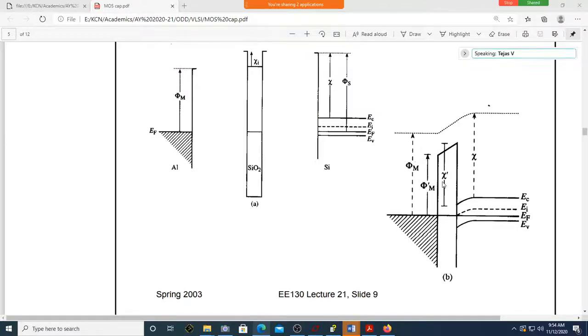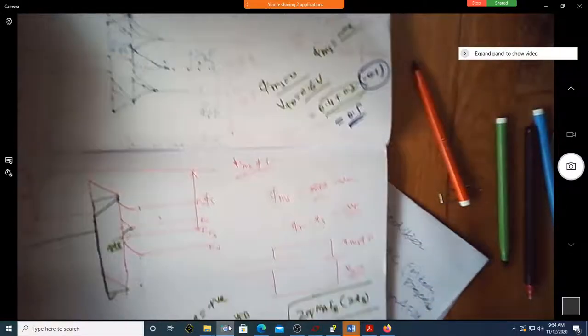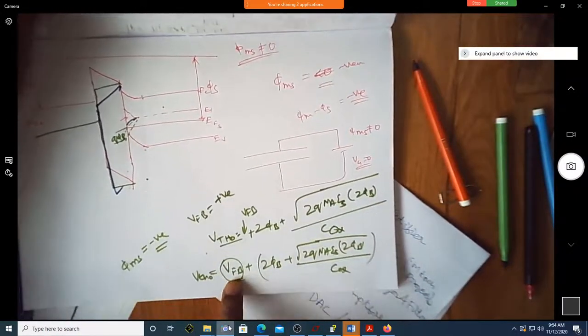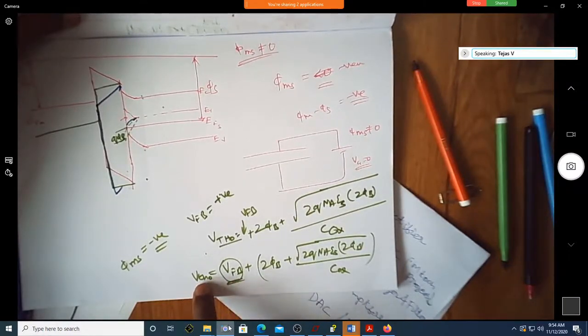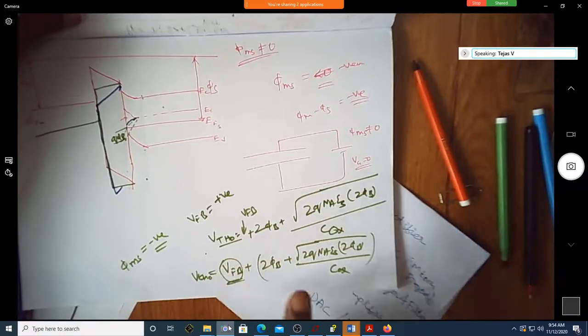Sir, is that negative voltage necessary? If you want to make the band flat, that's why it is called the flat band voltage. For inversion, we can't do that. If the flat band voltage is negative, V threshold is less. Correct, Tanay? Yes, sir. Because in the threshold voltage expression, do you have this term also coming into the picture? It can be positive or negative, no? If it is negative, will it not assist you to have a reduced threshold voltage?